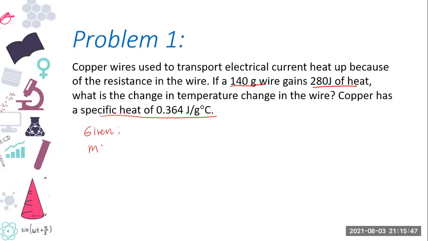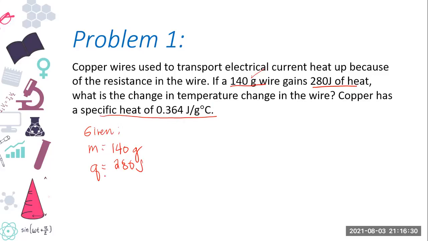we have mass. It's good that you list down the given that you see in the problem, because it would guide you on, first, of course, what is missing. Also, you would see consistencies or inconsistencies in units. So if there should be conversions that you need to do, then you can do them. So I'm sorry, I'm writing as I'm speaking. So mass, that's 140 grams. And then we have 280 joules of heat. That's a Q. And then another